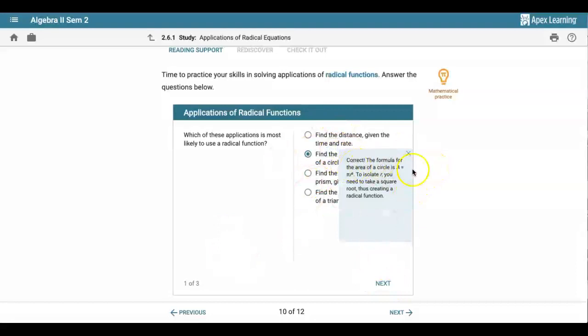So the formula for the area of a circle is A equals pi r squared. Since it's r squared there, to isolate r, we're going to have to take the square root. Again, I don't expect you to know these off the top of your head. That one was kind of a difficult question. But basically, if I gave you all of these equations, depending on what you're being asked to find,